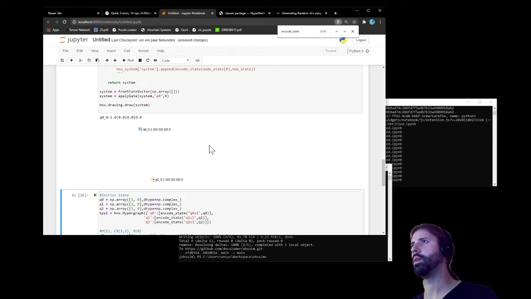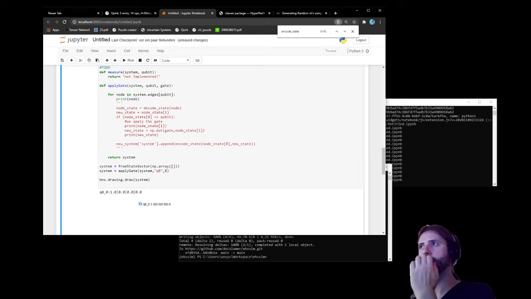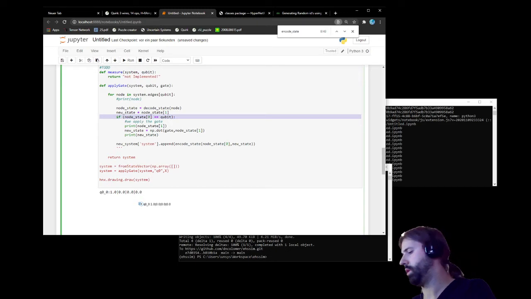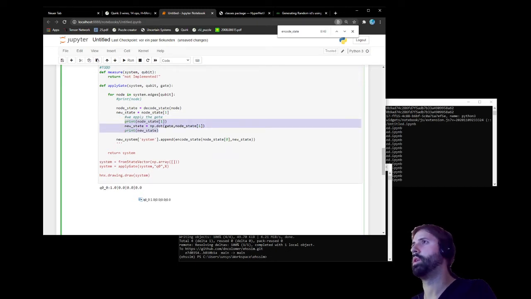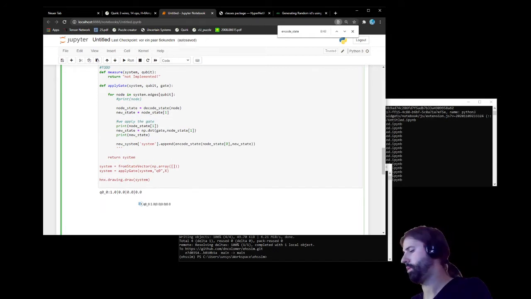So we have it. So Q0. Okay, so we print the nodes. So we actually have access to the nodes. That's awesome. Now we take this away and say we decode the node. We get the node state. We don't care about these because we know that we're on the right nodes. So we print the node before we get the new state, and then what we do now is we say,